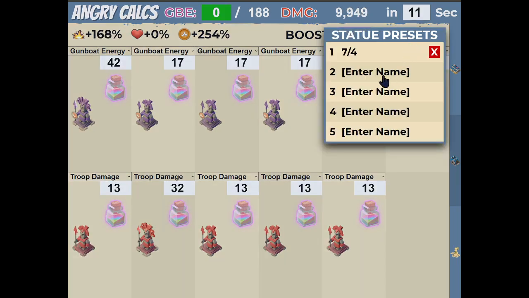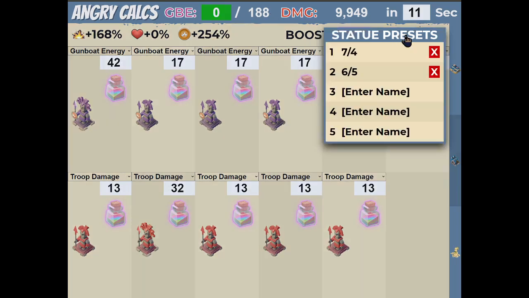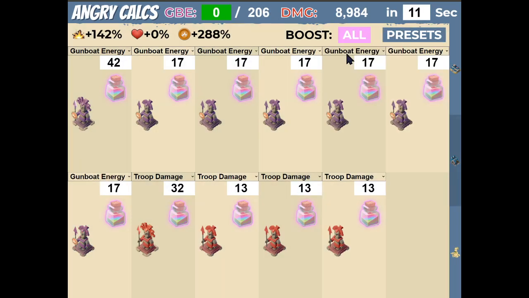And now I can save this preset on slot number 2. I'm gonna name it 6.5 and press the green plus sign. Now I have 2 presets set up. And you can see my GBE shows 188 now. If I switch back to my 7.4, it goes back to